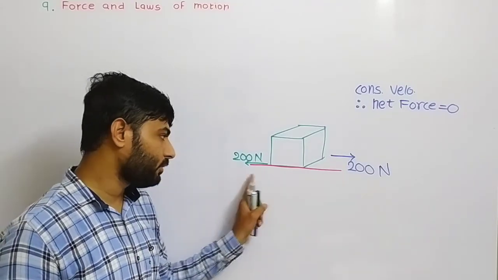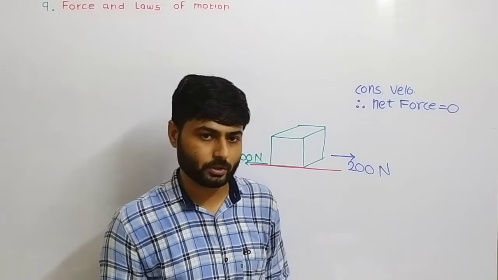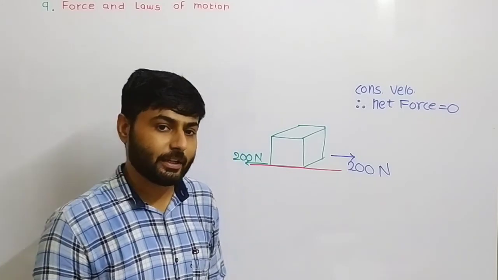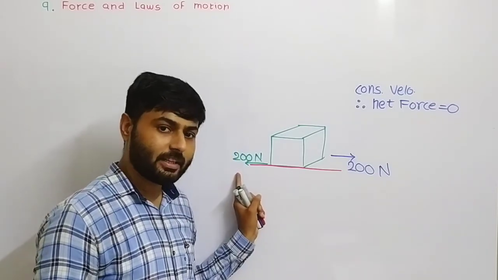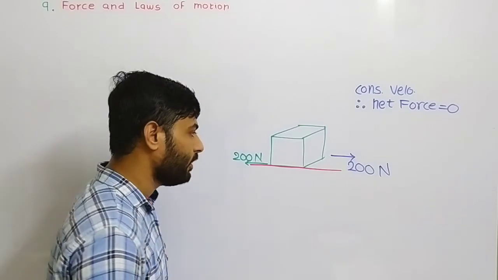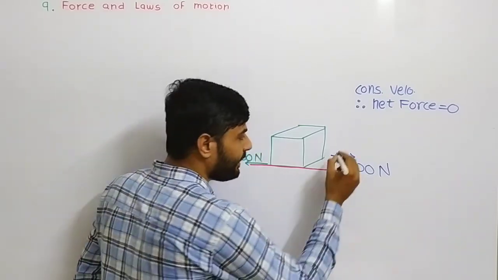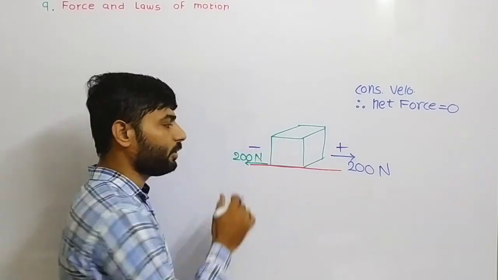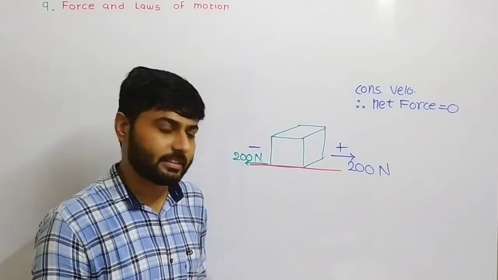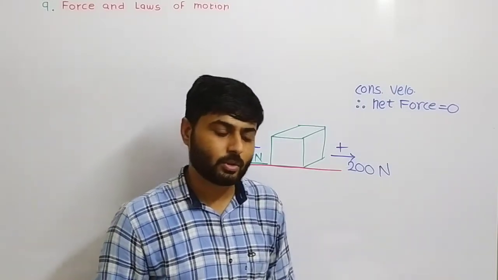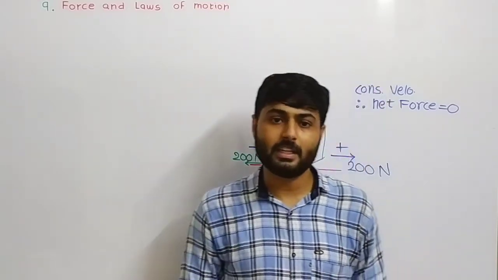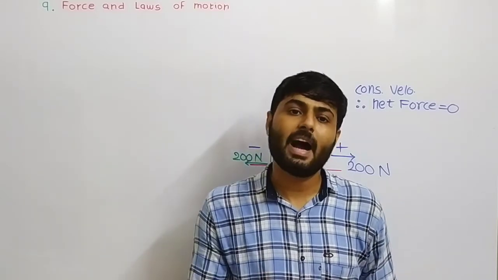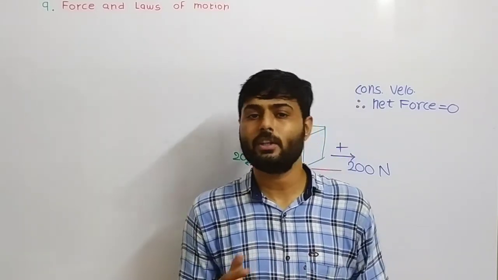You can also understand this force by the third law of motion. That is, every action has a reaction, and this reactive force is opposite in direction and same in magnitude. So for 200 Newton positive force, the reactive force is 200 Newton negative. Negative is nothing but opposite direction. So the answer for this question is 200 Newton. That is the 200 Newton force applied by the surface on the object, which is the frictional force.